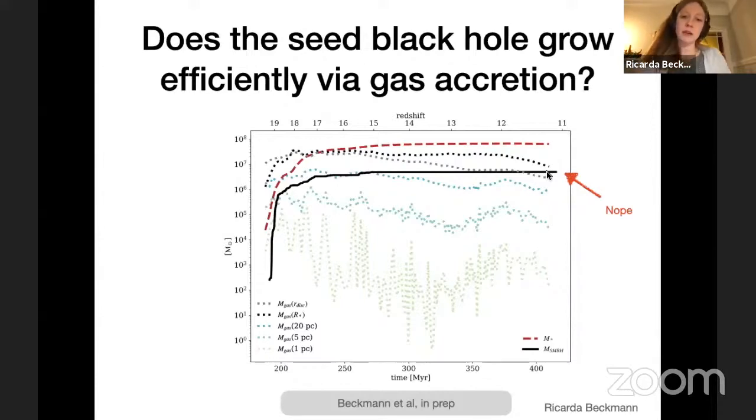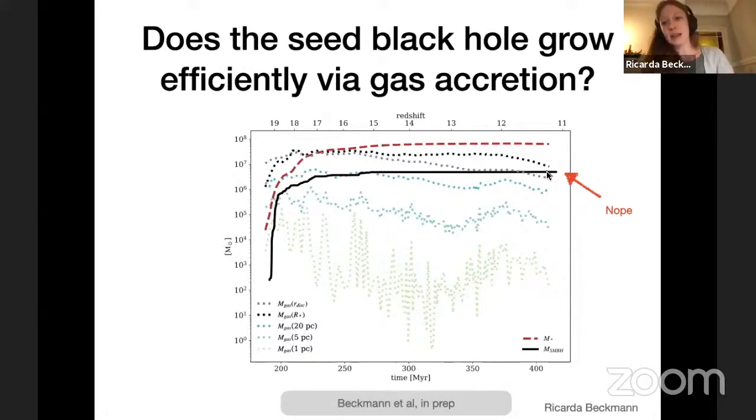And the reason this is very interesting is because this is still a very simple simulation. So this is a simulation without feedback. There's no stellar feedback. There's no feedback from the AGN. So this is a very gas-rich galaxy assembling at high redshift that should have plenty of gas supply. We see very high sustained star formation rates. This is clearly not a lack of gas in the galaxy.